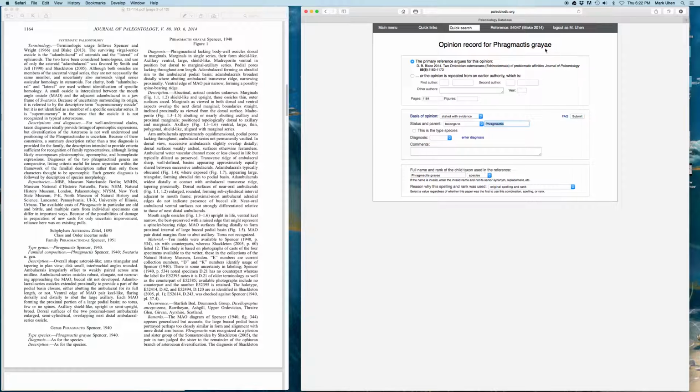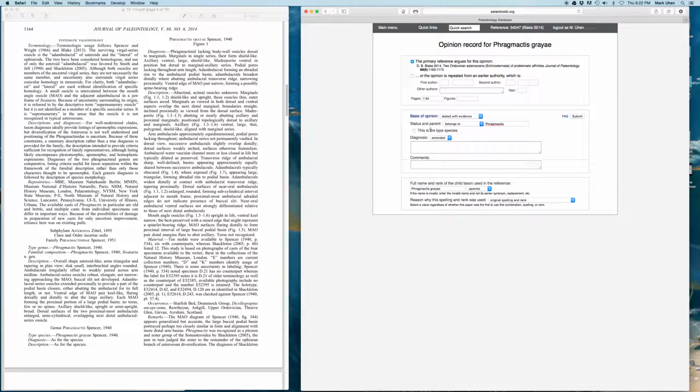It's already filled in. It presumes you're going to agree with this opinion. If you don't, and you're putting a different genus, you could type a different genus there. He does give a diagnosis, and it's not the original diagnosis, so it's either repeated or emended. He doesn't say, but he also doesn't say he's repeating it, so I'm going to assume it's emended. And if you like, which I highly recommend, you can actually enter the full diagnosis. So click on that, and a little text window pops up, and I will grab the text from the diagnosis here